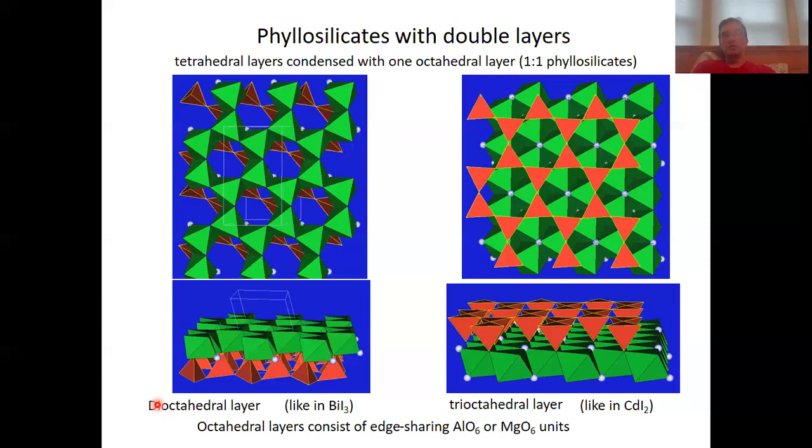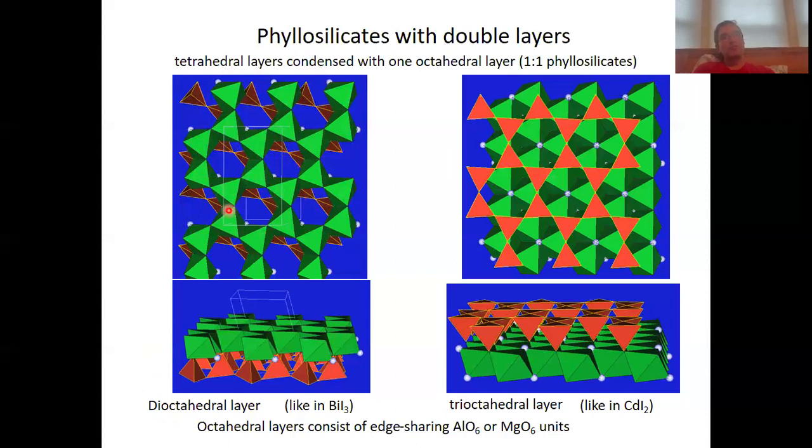So we only need to fill 2/3 of the octahedral holes in the octahedral layer. For that reason, this is called the dioctahedral layer, derived from 2/3. So that creates holes in that octahedral layer, as you can see here, compared to here,